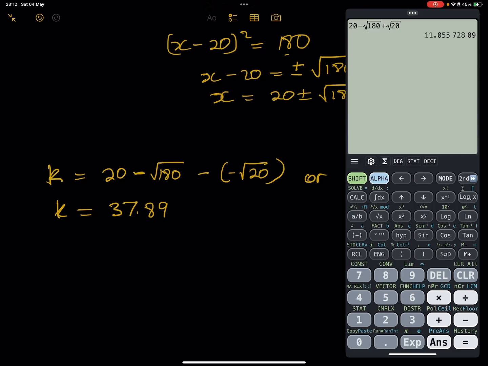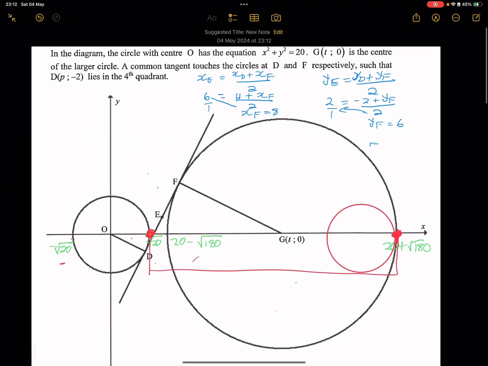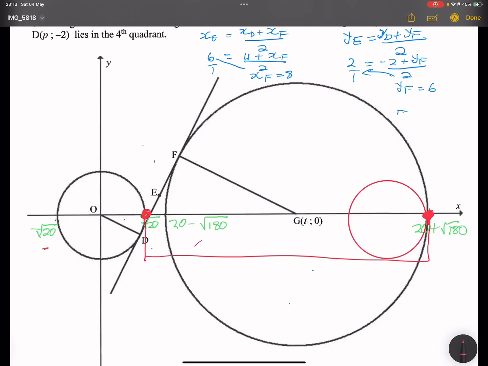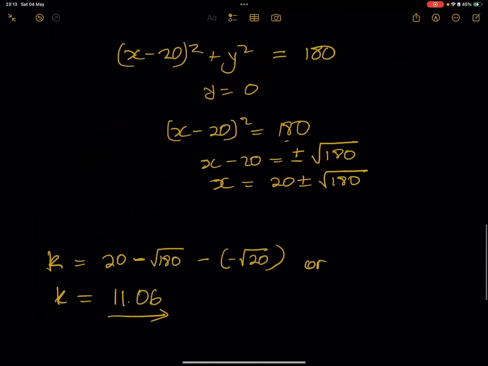Okay, so the first value is 11.06. That's the first value for k. Now, I'm going to take that value there, which is 20 plus root 180, and I'm going to subtract root of 20, which is that over there. Right, so let's do that. So the other value for k